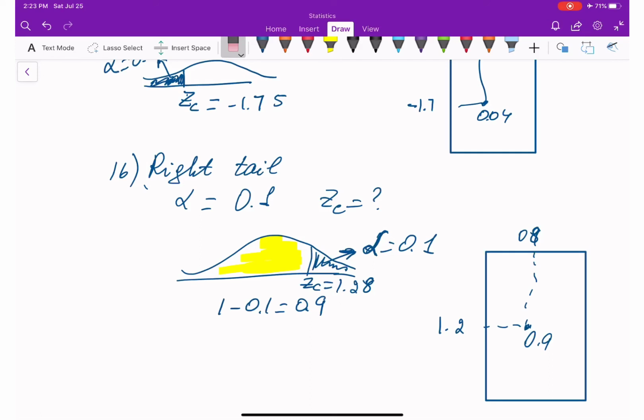Since alpha is equal to 0.1 on the right tail, then the area specifically where alpha is located is going to be our rejection area, okay? The area where alpha is, limited by this z critical equal to 1.28. So our rejection area